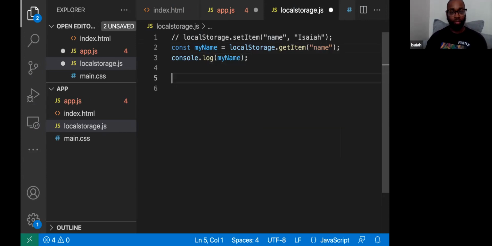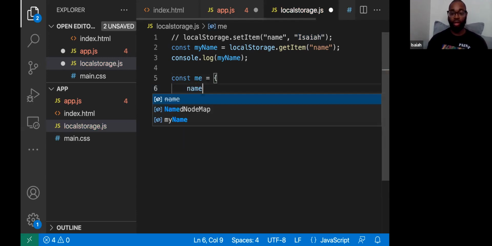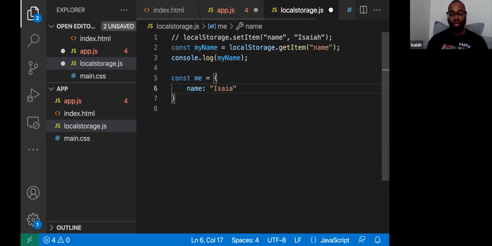But yeah, where this comes useful is, right now I'm just storing one thing, but sometimes I want to store a whole bunch of information. And anytime you want to store a whole bunch of information, it's always going to go inside of an array or an object, because just the nature of it, you can store a whole bunch of stuff inside of it. So if I want to store just information about me, I'll just do name,